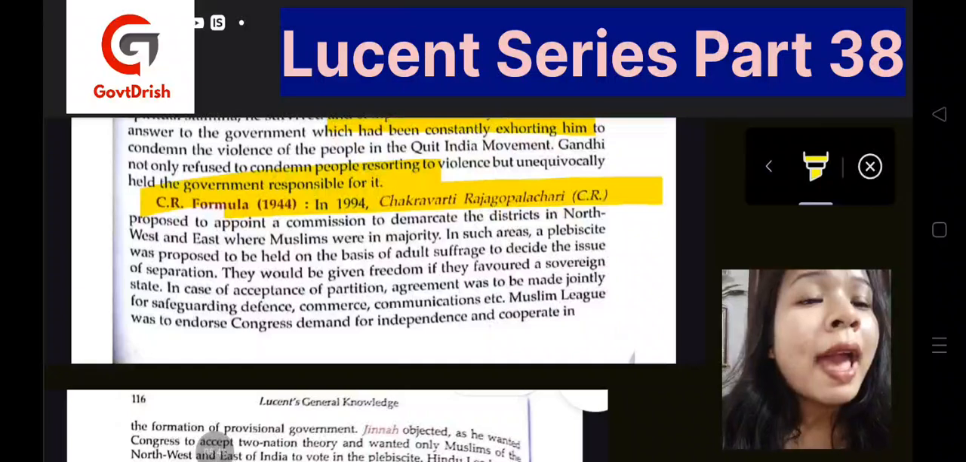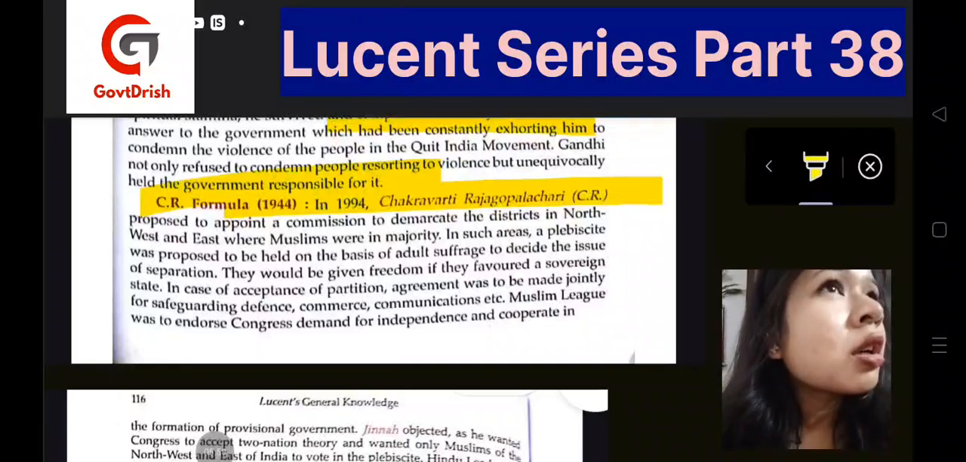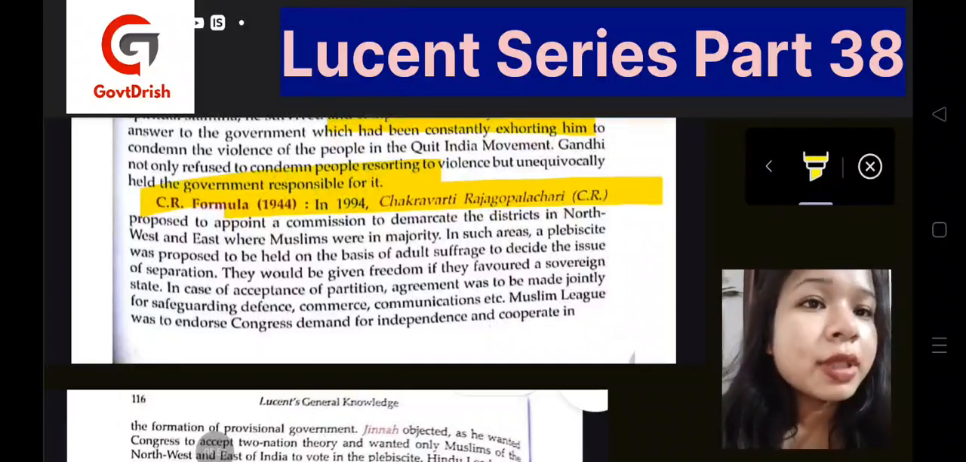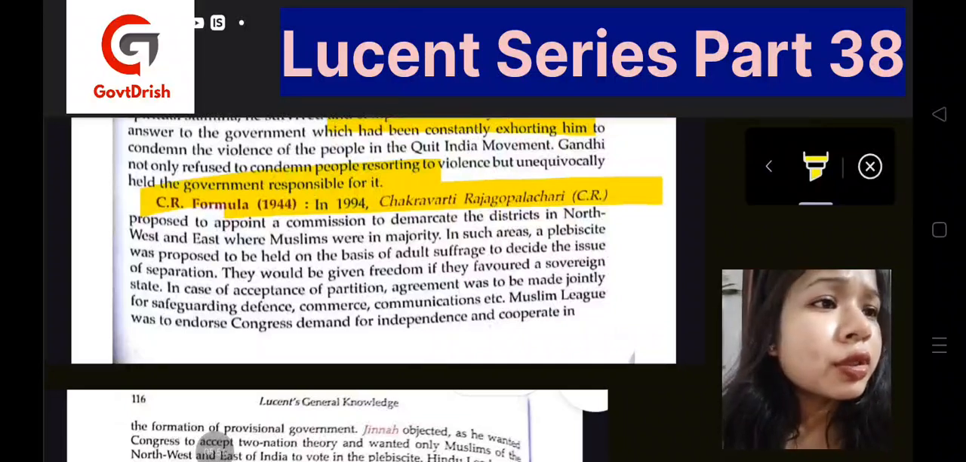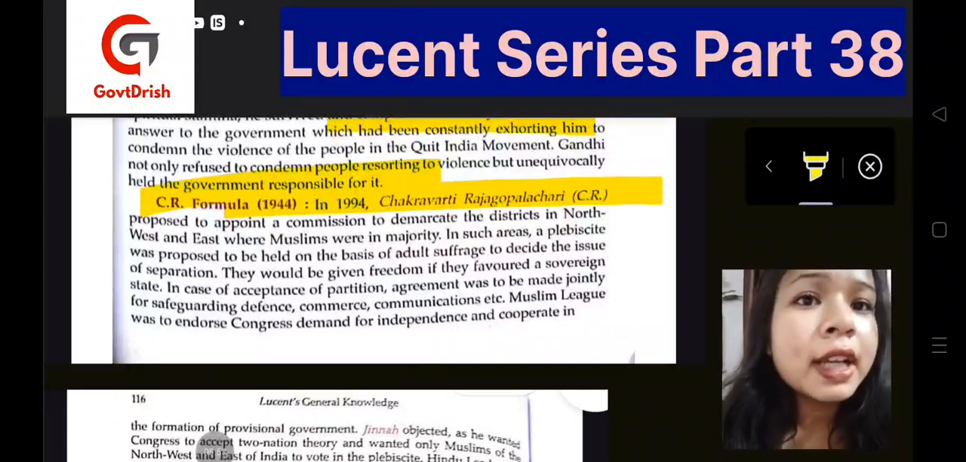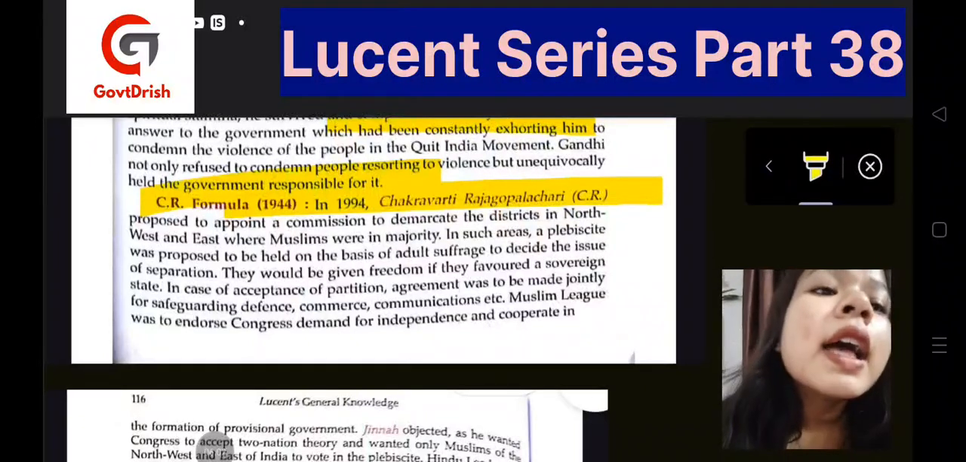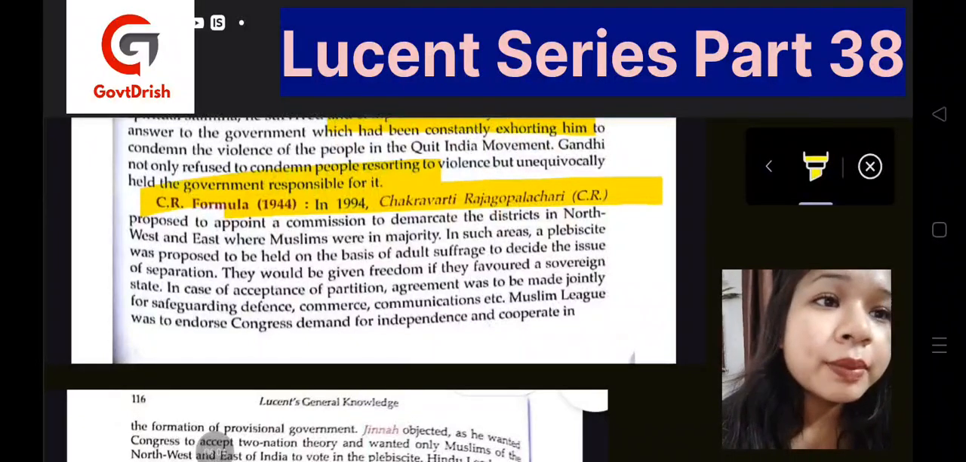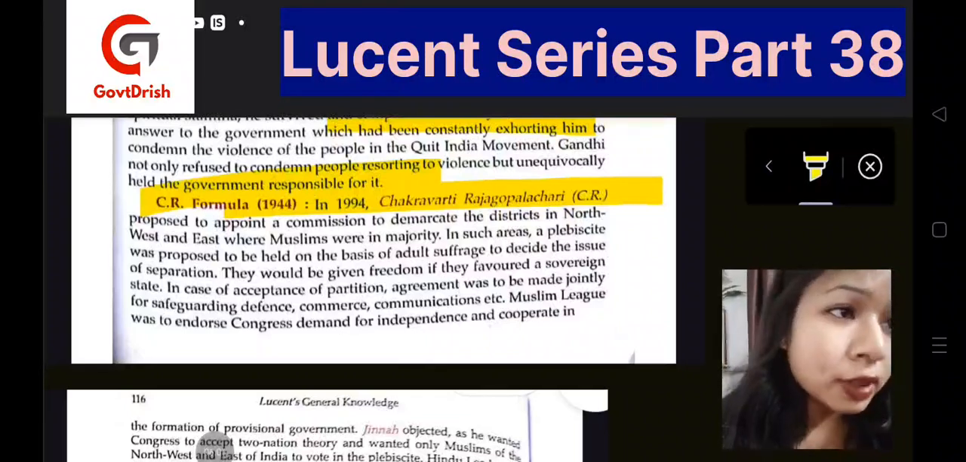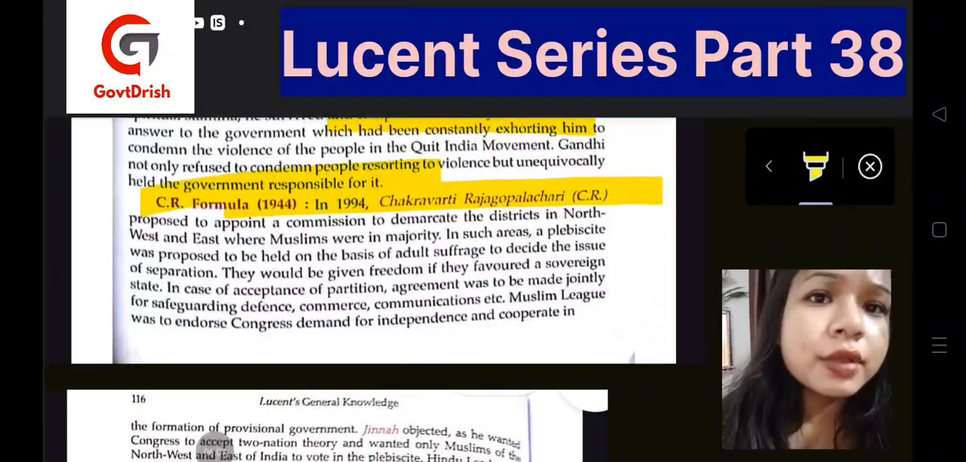So, in all such districts, a plebiscite must be held. There should be a separate commission so that the Muslims are divided, and the issues of the separation should all be notified. They will also be given the freedom to choose if they want a sovereign state or a separate electorate. Now,